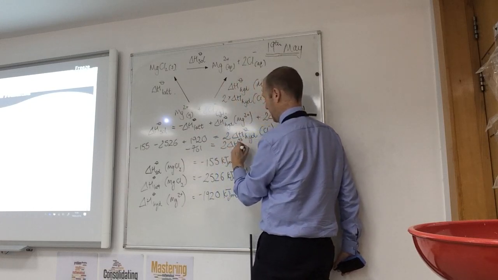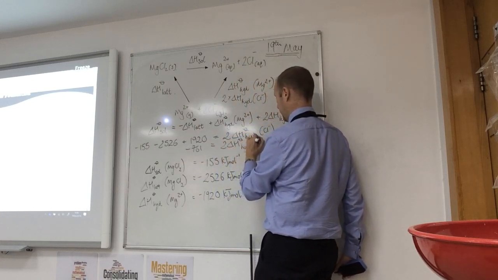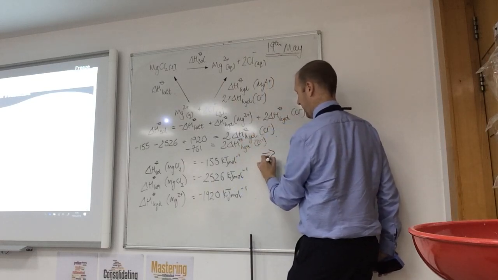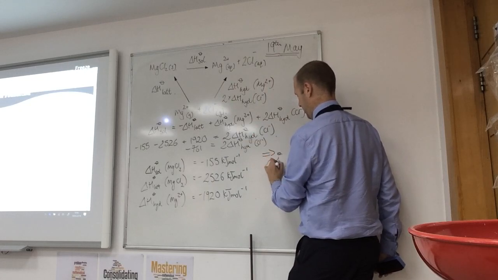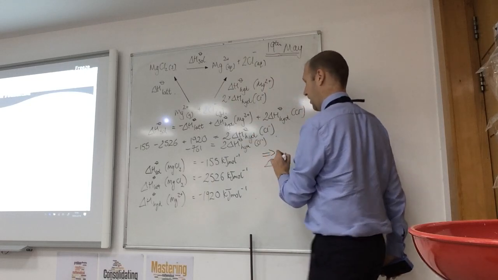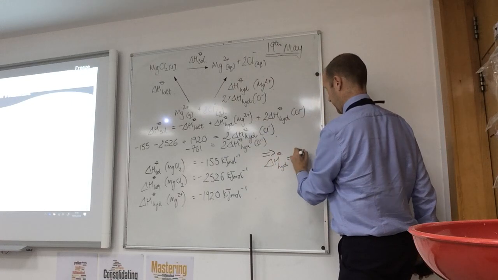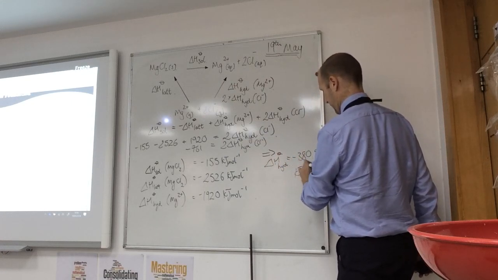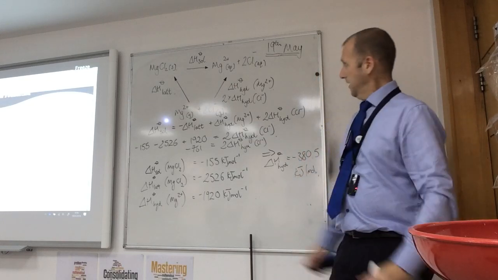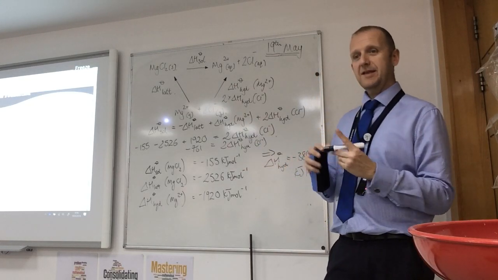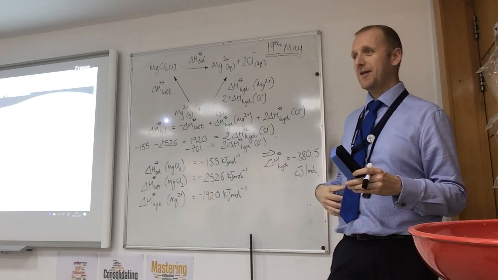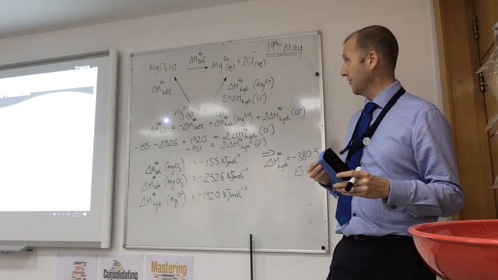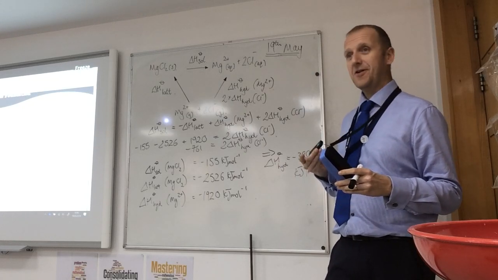Why do I keep writing it like that? Therefore, our enthalpy change of hydration equals minus 380.5 kilojoules per mole. Ta-da! That's easy, yeah? One little Hess cycle, that's all we've done in our 45 minutes, and 2 definitions. And before you know it, 45 minutes,